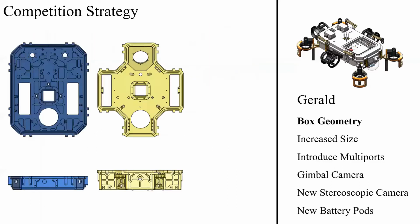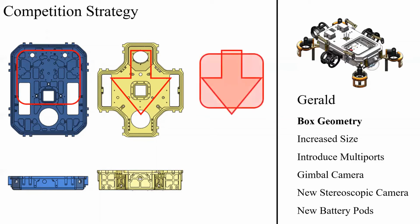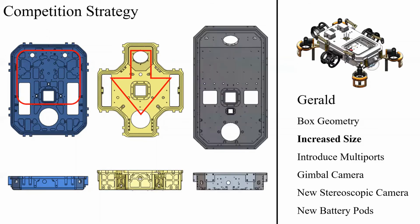improvements over both. By returning to the box geometry that Flo sports, we both simplify machining and increase the usable interior space. As you can see from these 2 images, while in principle the hulls might have similar interior space, Deb's cutouts, making the plus geometry, limit the utility of her space, leaving us with a less useful and more cramped interior. By returning to the box geometry and simultaneously increasing the size of Gerald, we lower the cost due to machining,